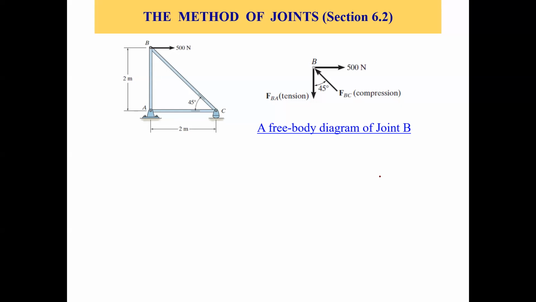A, B, C is the triangular truss, right? And we have 500 newtons force on the top joint at point B, right? Okay. Now,